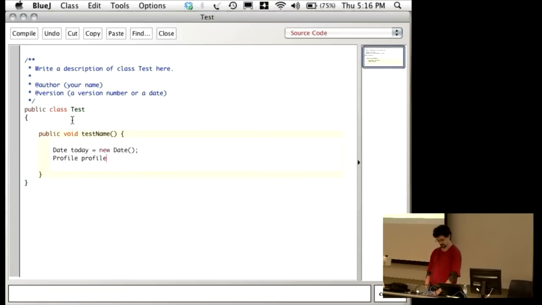And then I say profile, and we have a profile, and we say new profile. And we said there were two parameters. One is a name, and one is the date. We're not going to worry about the date, but we have to provide it with some date because otherwise it won't work. So we create a profile. And then I gave that profile the name Malcolm. So now if I say profile.getName,